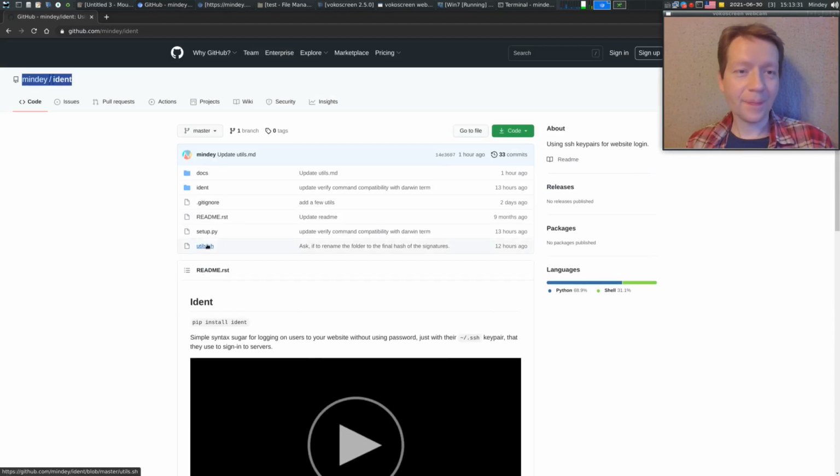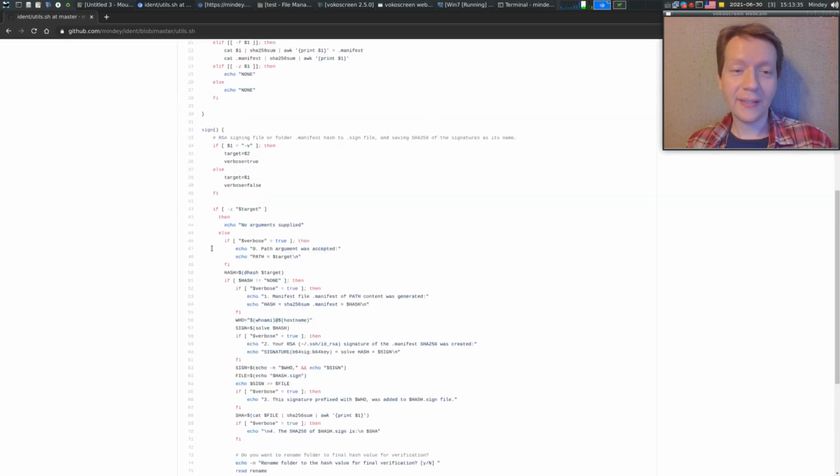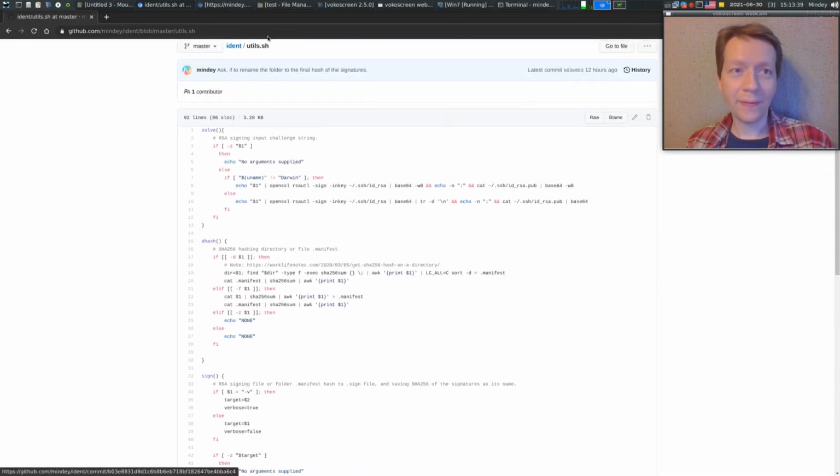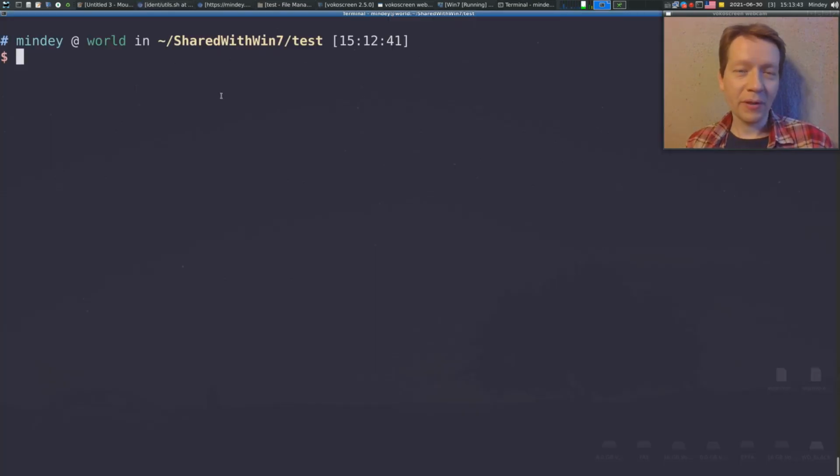This repository has a utils sh file which contains the functions to sign a directory or a file to a blockchain, by multiple parties, producing a signature to verifiably prove that a certain set of parties had seen a particular set